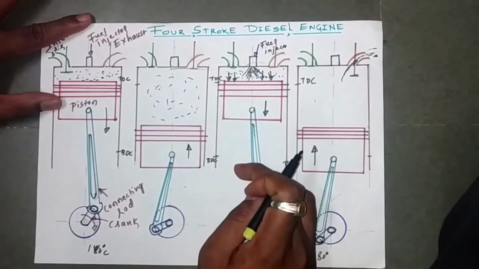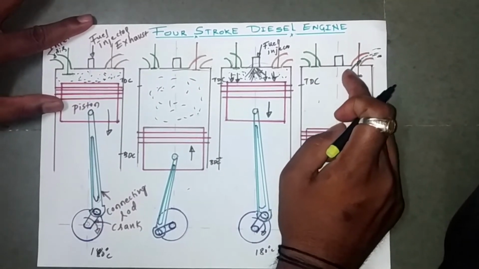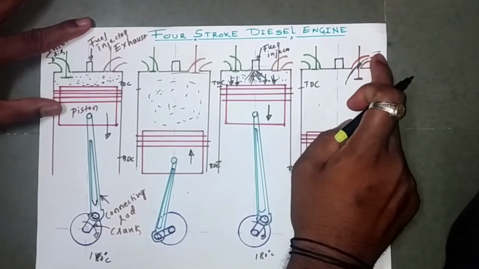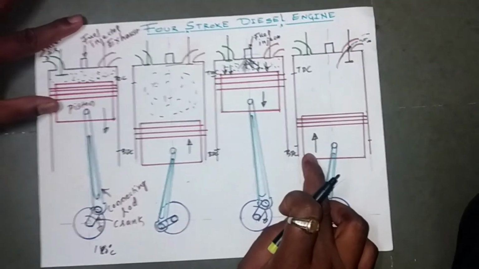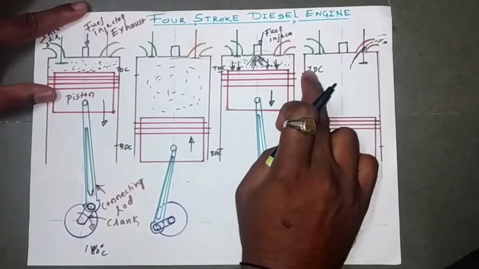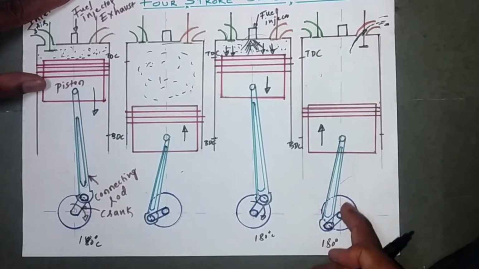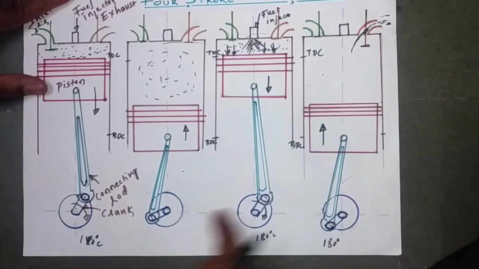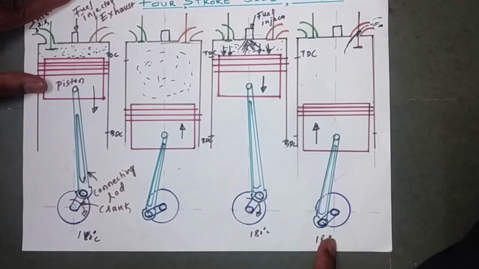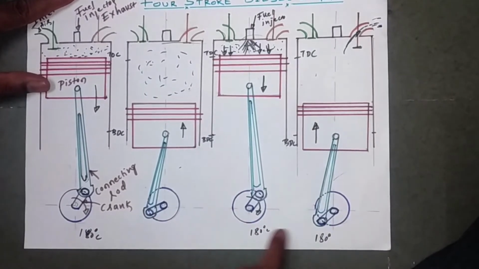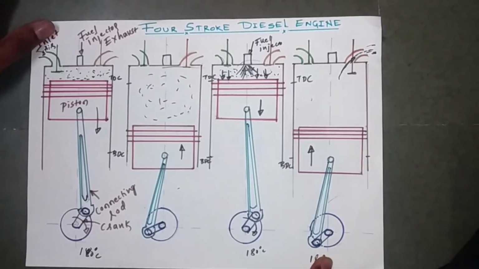So at the end of this power stroke your exhaust valve gets opened up and the burnt gases start expelling out, that is going out to the atmosphere. And in this exhaust stroke your piston is going to move from BDC to TDC, and at the end of this your exhaust valve gets closed and the inlet valve gets opened up, and your crank is going to rotate for 180 degrees. So totally 180, 180, 180, 180, that is completely 2 revolutions. So 360 plus 360, that is completely 2 revolutions are going to happen. So this is all about the 4-stroke diesel engine.